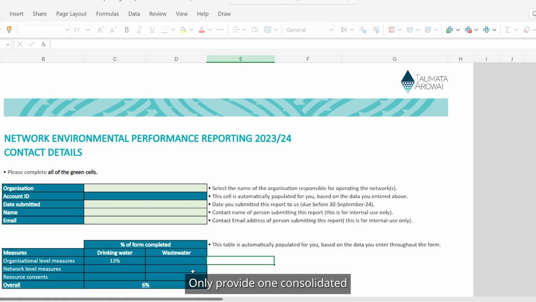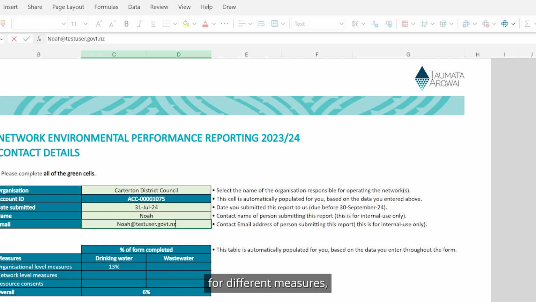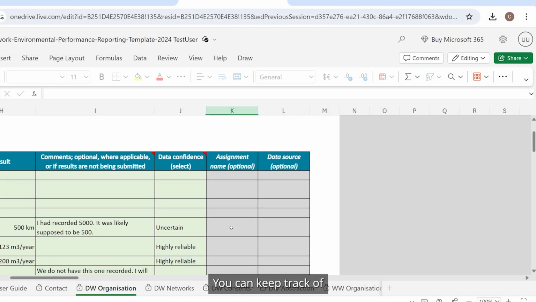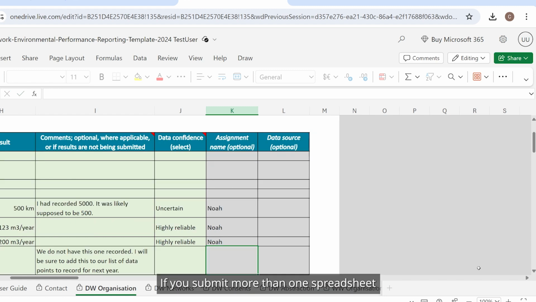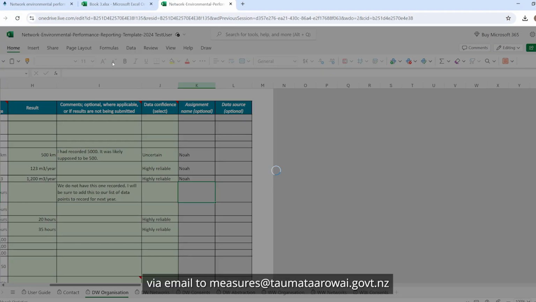Only provide one consolidated data sheet for your whole organisation. If different people are providing data for different measures, these must be collated into one spreadsheet. You can keep track of who in your organisation is providing data with the optional grey columns. If you submit more than one spreadsheet for your organisation, our database will always take the latest copy and overwrite any earlier submissions. Once all the information has been entered, send the completed form via email to